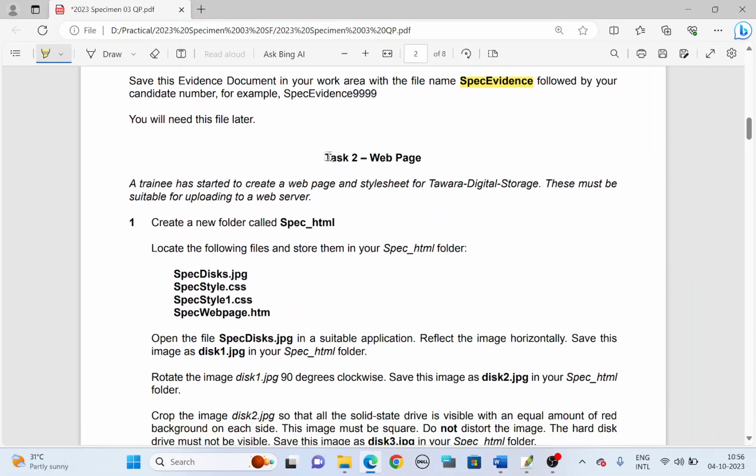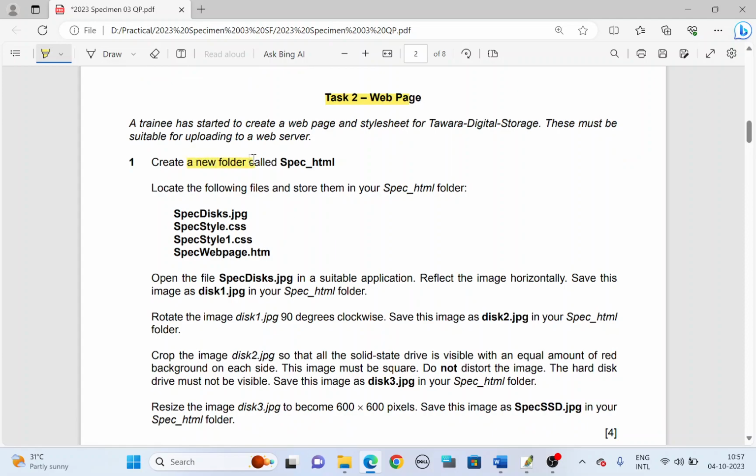Okay, now moving on to web page. A trainee has started to create a web page and style sheet with Tavara Digital Storage. These must be suitable for uploading to a web server. Create a new folder called